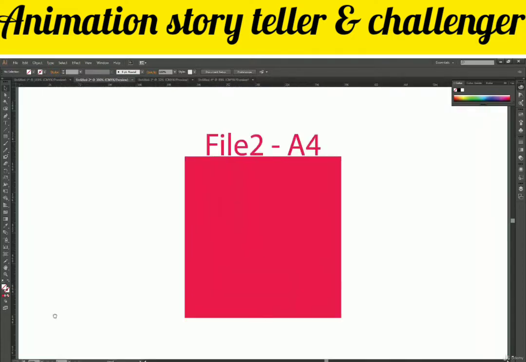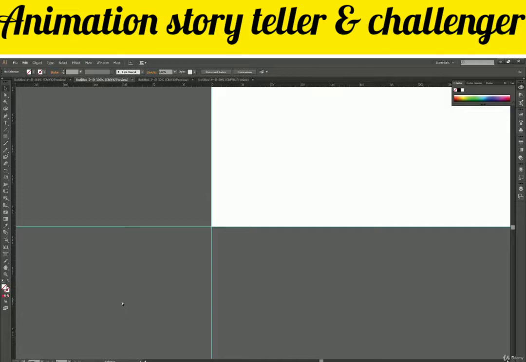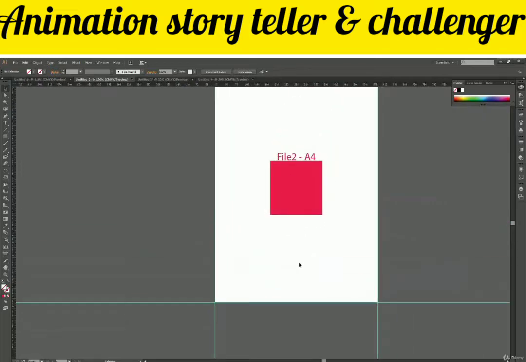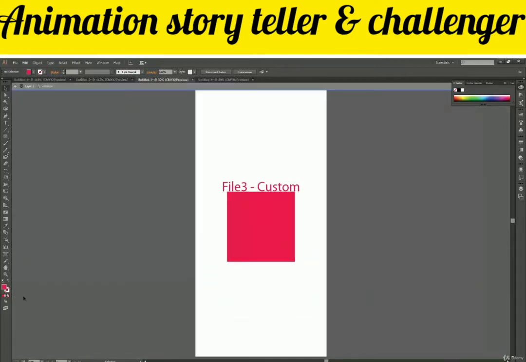Let's zoom in to see the unit here. 828, 9, 10. It's almost 830. So that's how we can see the sizes of our documents, what size we are working on. When you are going to print this document, it will come in handy to know what size you have and what paper you are going to print it on. It will help you make calculations of your total prints better.